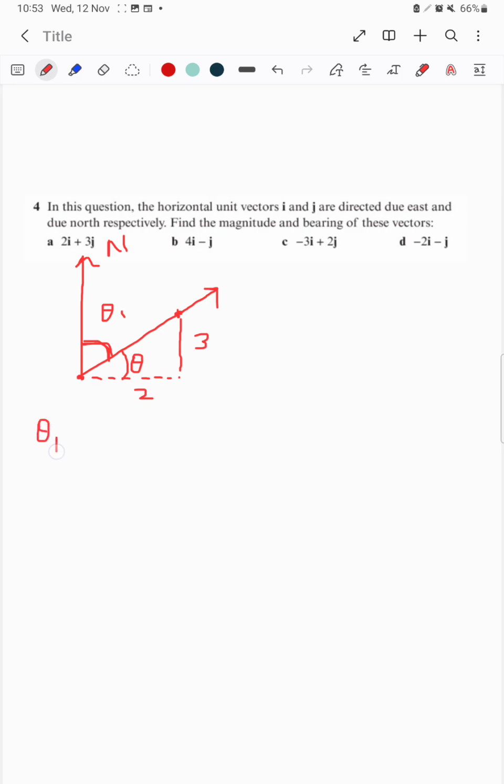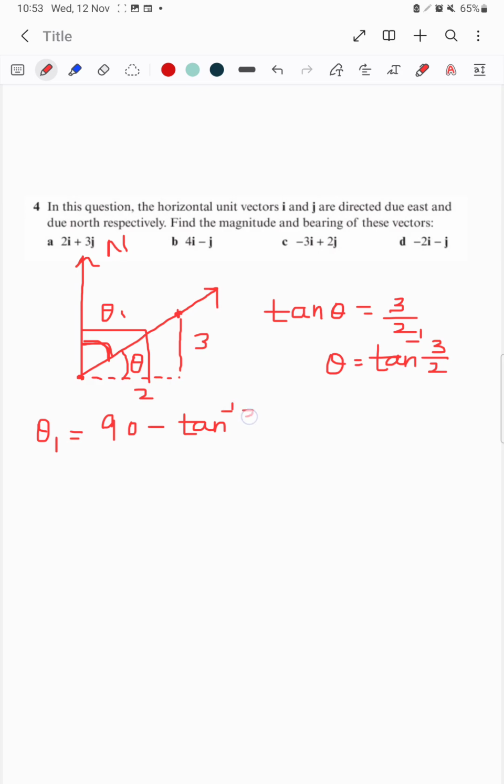So theta 1 is equal to 90 degrees. That is this complete angle, 90 minus this angle theta. So how to find this theta? I will say tan theta is equal to 3 divided by 2, and theta is equal to tan inverse 3 by 2. So I got 90 take away tan inverse 3 by 2, which gives me